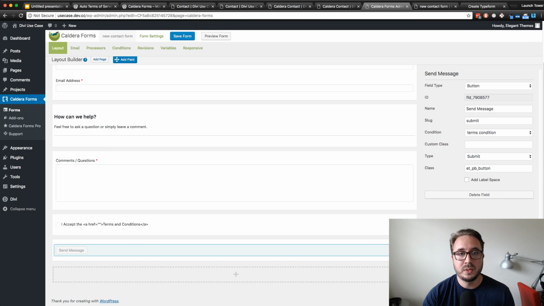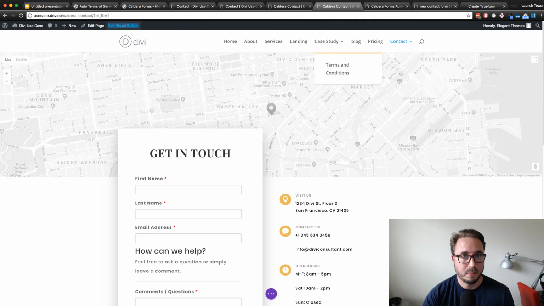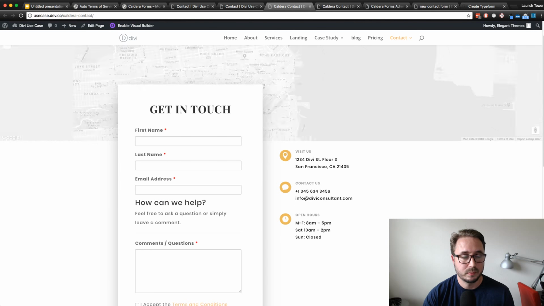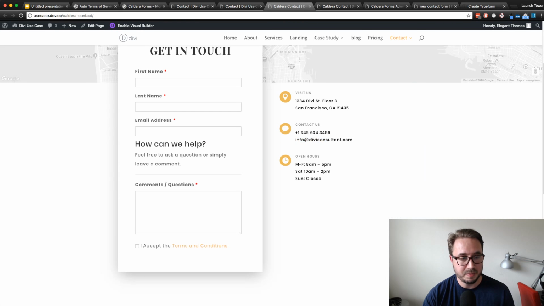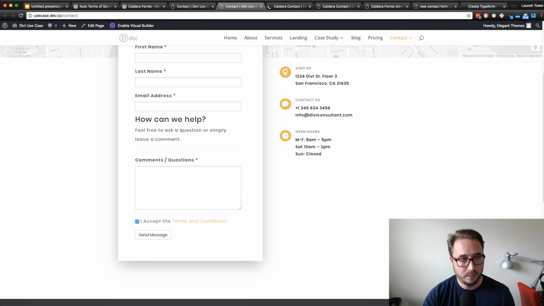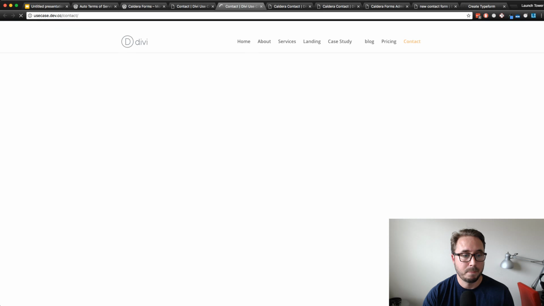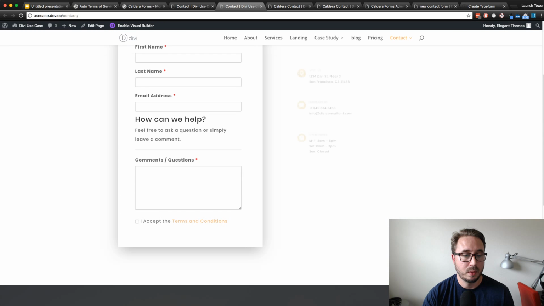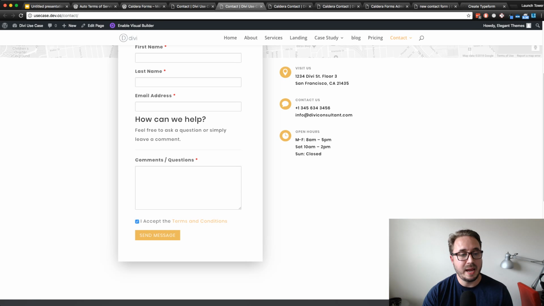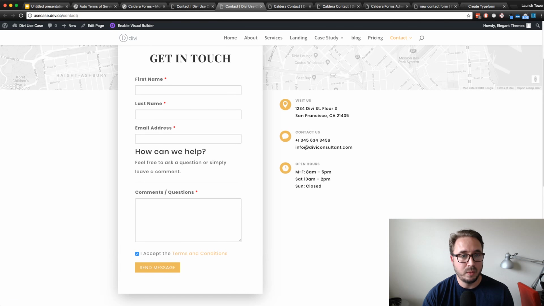Now, when I go to my contact form, here we go. I'm going to refresh my page. Here we go. All right, so notice now the button has changed design to match my layout. Why? Because if I go to my theme customizer,